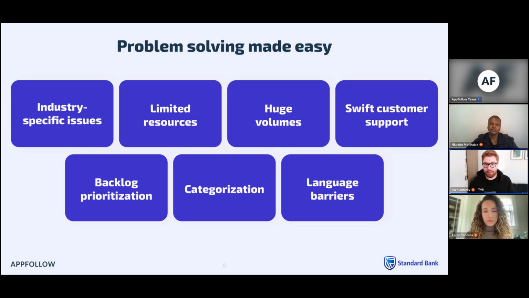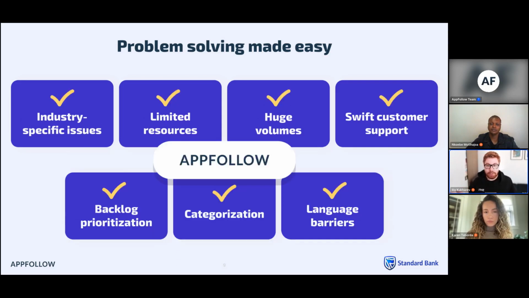So, a huge amount of user feedback, language differences. Customers are writing reviews from all over the world. And businesses need to sort out and prioritize this really quickly. And let's also not forget that all of this has to be managed with limited resources. These problems can really slow down how effectively you grow your business and communicate with customers, with the users. So that's why at AppFollow, we crafted our AI-driven solutions tailored to fix exactly these